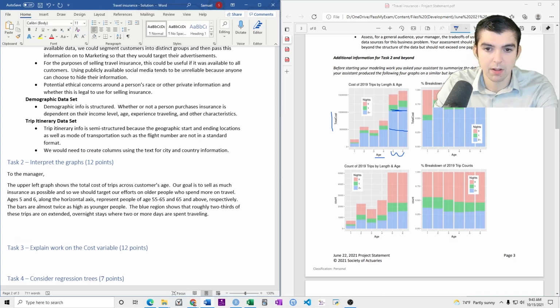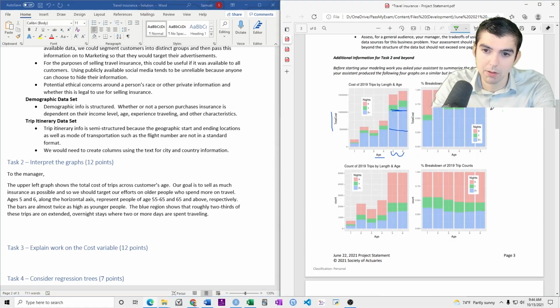Okay, and then let's look at this graph. This shows the percent breakdown of trip costs. So notice that this trend is kind of flat. So this tells you that for all ages, the percent of trip costs is equally distributed.